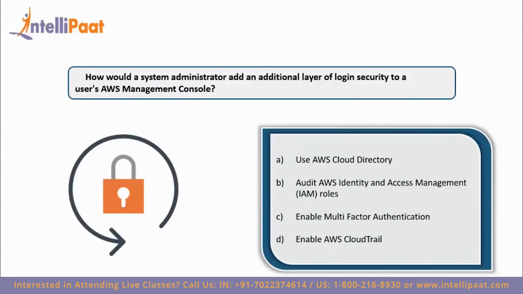So how would a system administrator add an additional layer of login security to a user's AWS management console? So this is a simple question. The answer for this is enable multi-factor authentication. So multi-factor authentication basically deals with rotating keys, that the keys are always rotating. So every 30 seconds, a new key is generated,